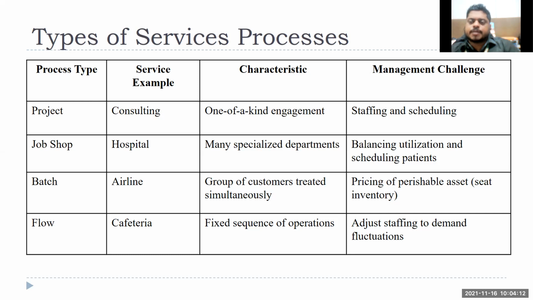Some students might skip breakfast. Some students might skip lunch or dinner, right? So different segments of students, right? Accordingly, you have to manage the inventory and manage the staffing. So adjust staffing to demand fluctuations, right? That is again a fixed sequence of operations. Whatever food is prepared for that day, students will come, take a tray, take the food and be there. How many people will be there? How many staff will be serving? How many staff will be at the register? How many of them will be cleaning the tables and all those things, right? So that is something you have